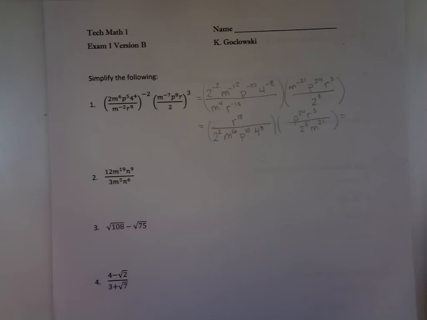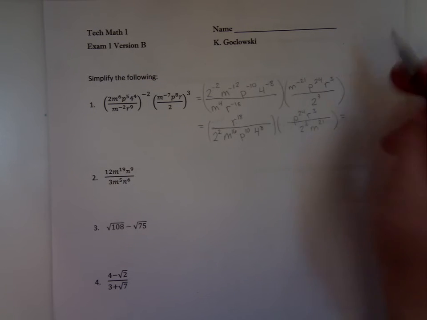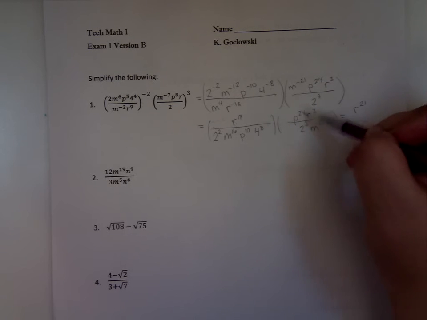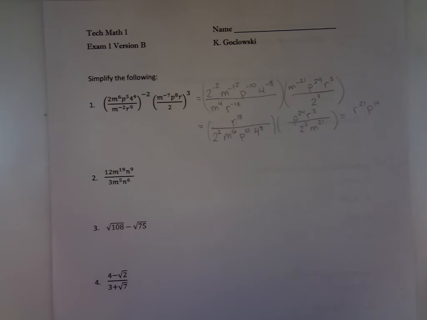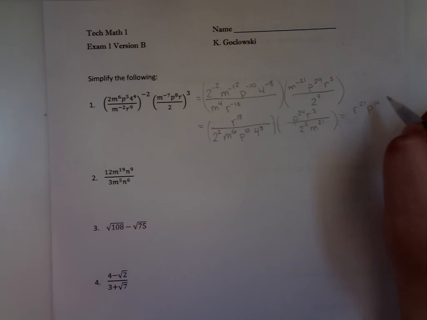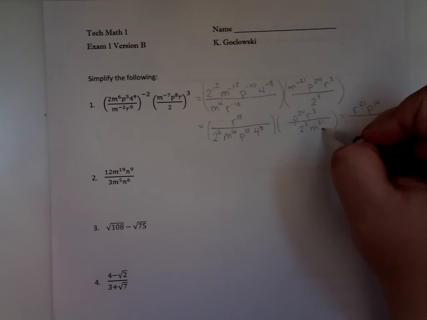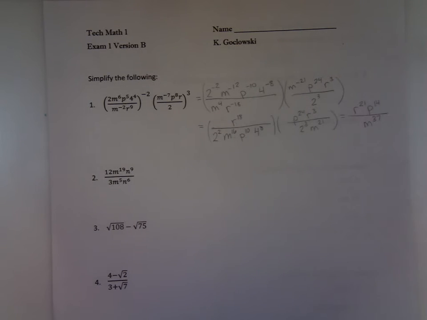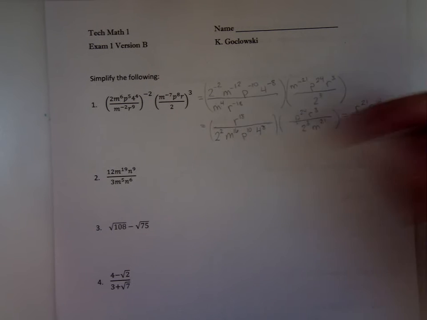Okay, so now what have we got? We've got r to the 18 and r to the 3, so that's going to be r to the 21. We've got p to the 24 over p to the 10, so we subtract, that's going to be p to the 14. We've got m to the 16 down here and m to the 21 here, so that's going to be m to the 37 total. And then we've got this really, really big number here, 4 to the 8th times 2 to the 3rd times 2 squared,